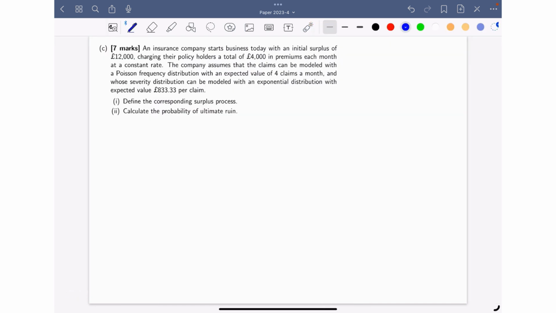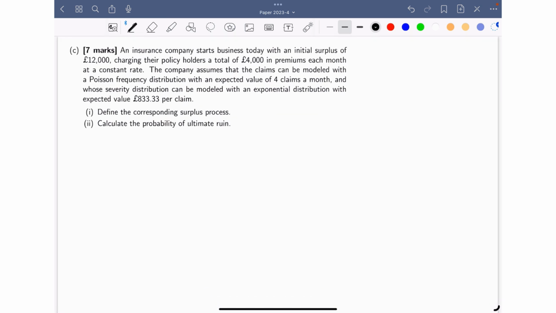Okay, part C is a straightforward method-based one. So we have an initial surplus of 12 grand, charging their policyholders 4 grand each month at a constant rate. The company assumes that the claims can be modelled with a Poisson frequency distribution with expected value of 4 claims a month, and whose severity distribution, by severity distribution, it's essentially just the size of the claims, with an expected value of £833